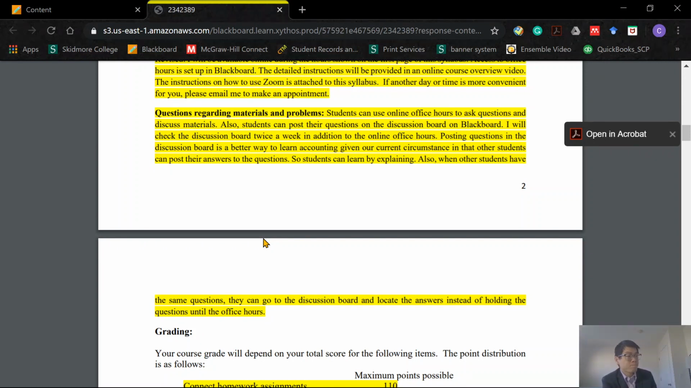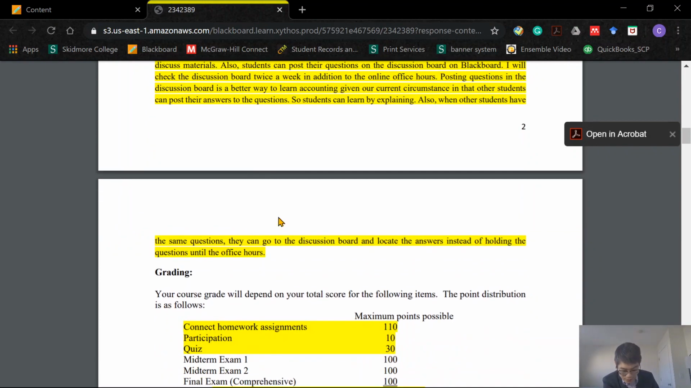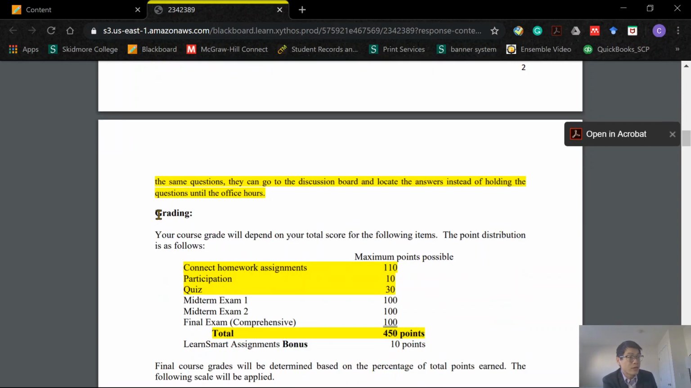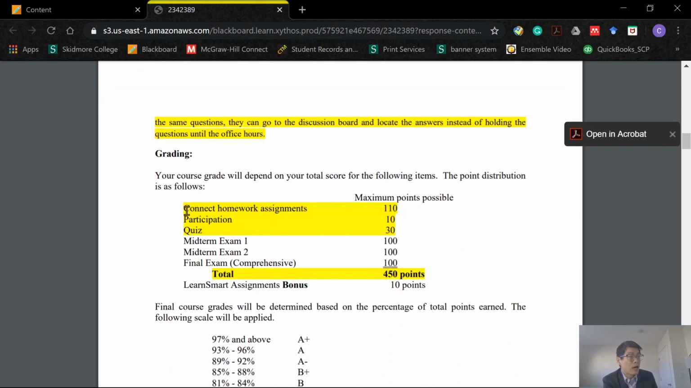All right, so next thing is, let me see, office hours, pre-recorded lecture. The next thing is the grading section. Okay, you see I changed our class performance evaluation a little bit. The items are changed. Okay, so first is the homework. Okay, Connect graded homework assignments. Okay, so now we cut it down to 11